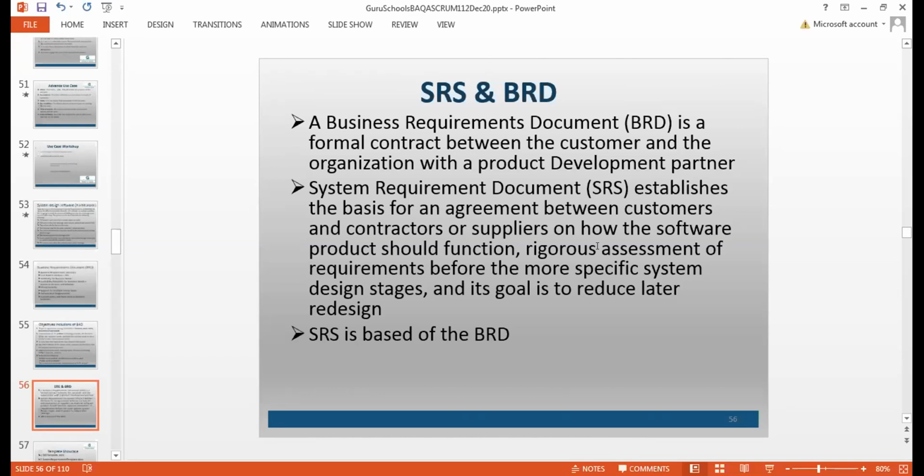Sir, are you going to give us these definitions somewhere? Because I think we need to pick up the words. I'm going to share this presentation with you, and we're going to work on an SRS template also. There's a hands-on workshop for SRS. Oh, so you are going to share this presentation with us? Yes, that's true. Okay, then that will be great, because I was just trying to put down the definition.